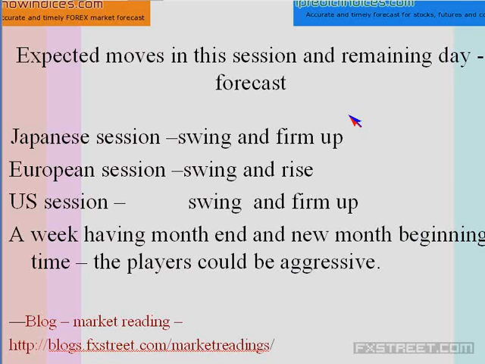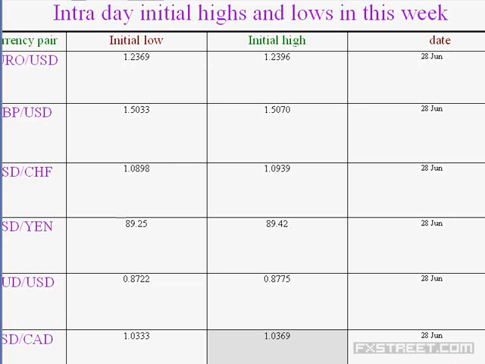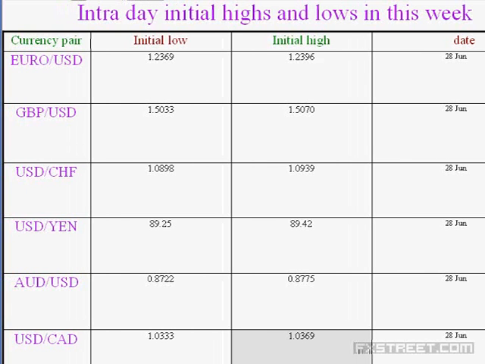Then on the first there could be a false move for the month beginning, and subsequently on the second, when the non-farm payroll is announced, they are expected to make a little bit of volatile move and they may not give any clue whether the market is going to rise or drop. From the 5th onwards they are expected to flare up the market on the upside. So these are all the expected market moves, and the initial highs and lows I have shown; you can make a note of it.